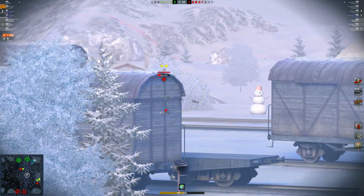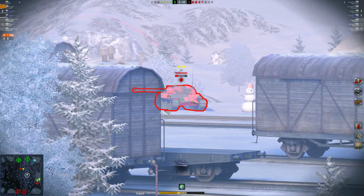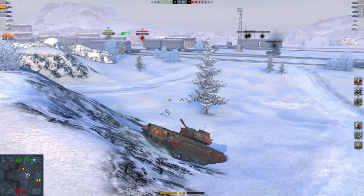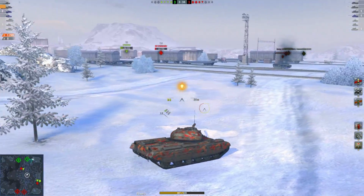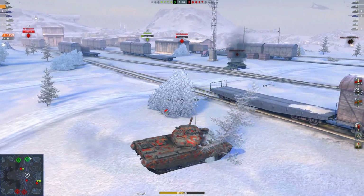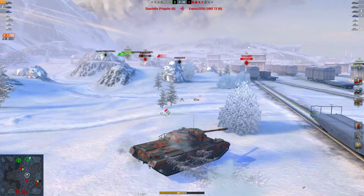However, if you shot off your whole clip and you're currently reloading it, what's going to end up happening is, if you've got the second shell back in the clip and you see an enemy tank you can shoot at, and you know that they're in the open, now, the smartest thing to do is wait for that third shell to get in the clip,